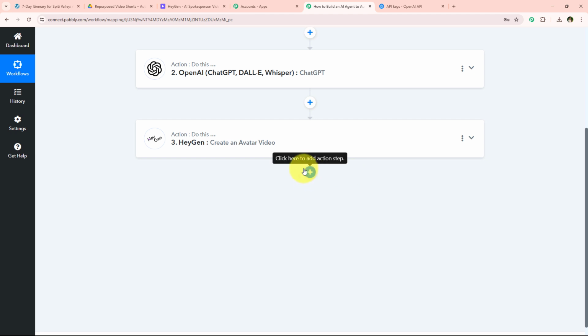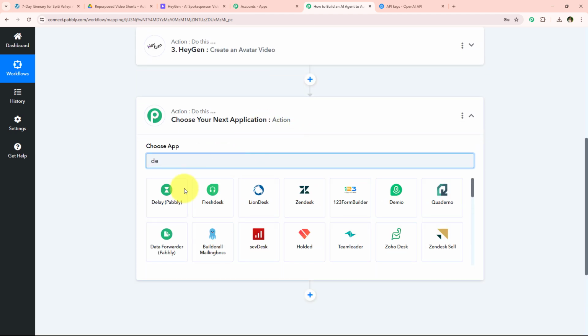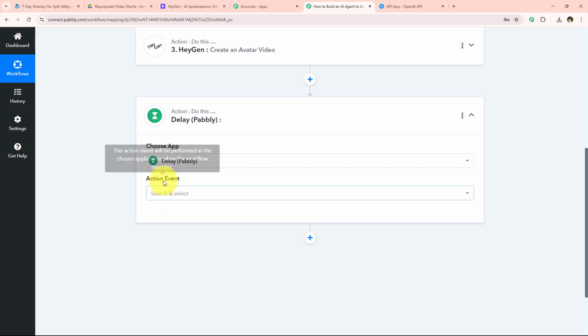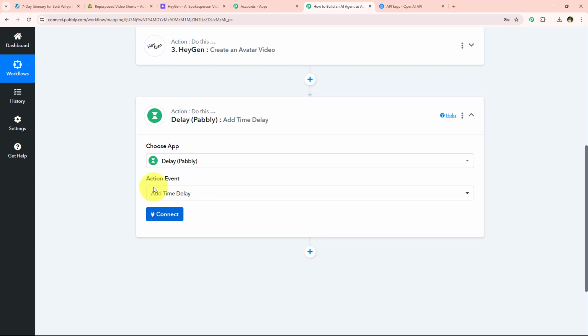For that, I'm just going to add a delay in this workflow, and to add a delay in this workflow, I'm just going to add another action step. And now for the action application, I'm simply going to select it as delay. So it is a feature by Pabbly which helps you to add delay in the workflow. And now for the action event, I'm simply going to select it as add time delay and click on this